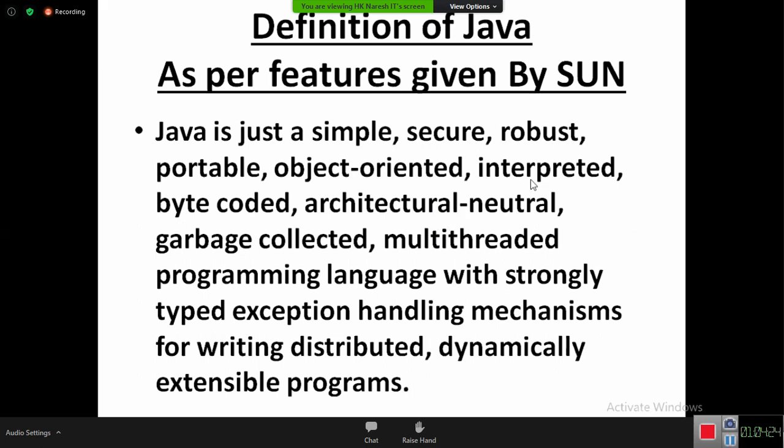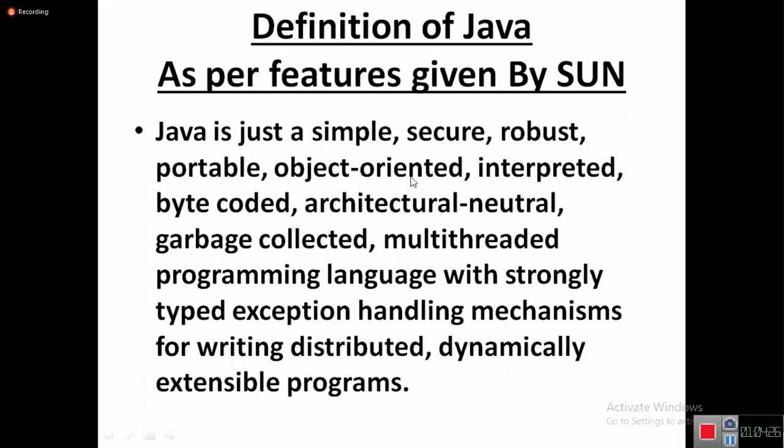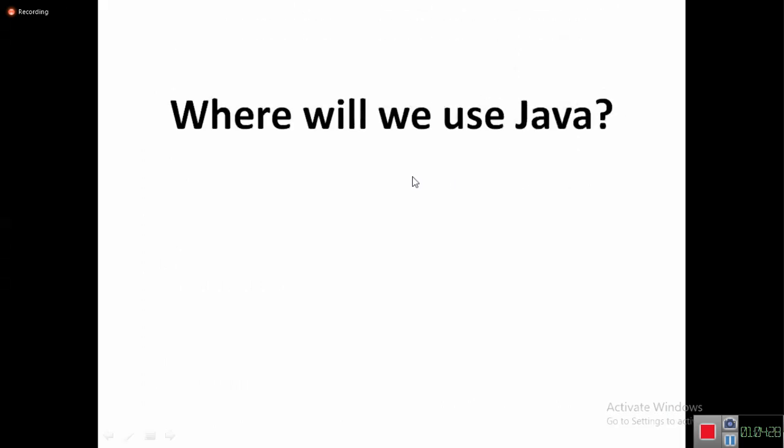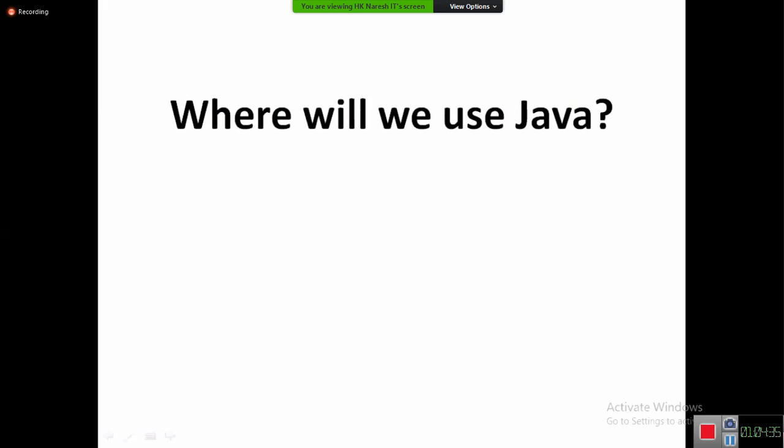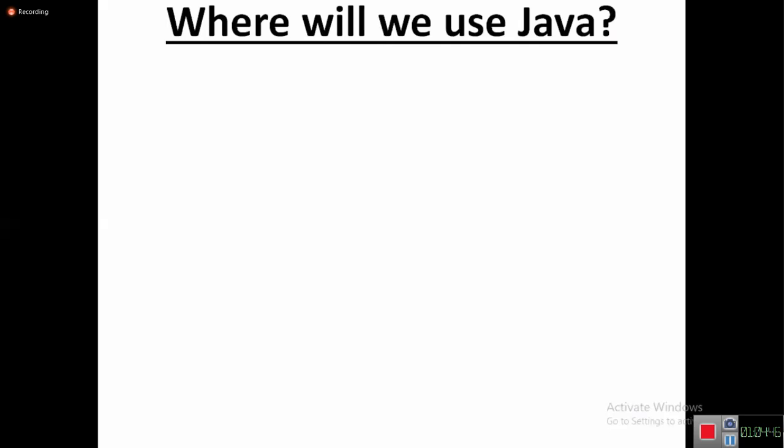And tell me, the definition of Java is completed. Are you all comfortable? Now, Java is there in the market, and we want to use Java. Using Java, what are the different types of applications we can develop? What is Java, why Java, how Java, where Java, when Java? All the WH questions I want to discuss.